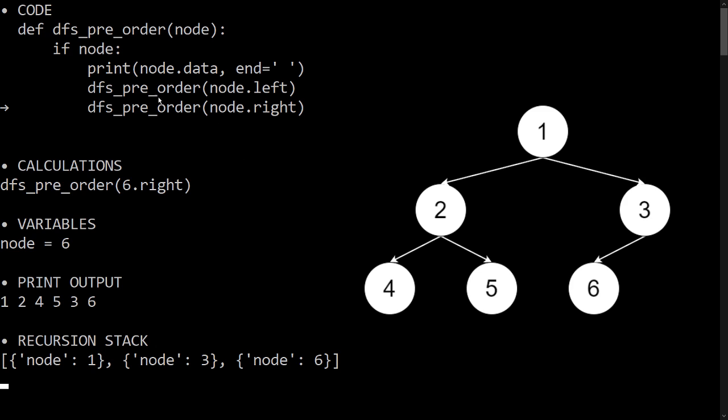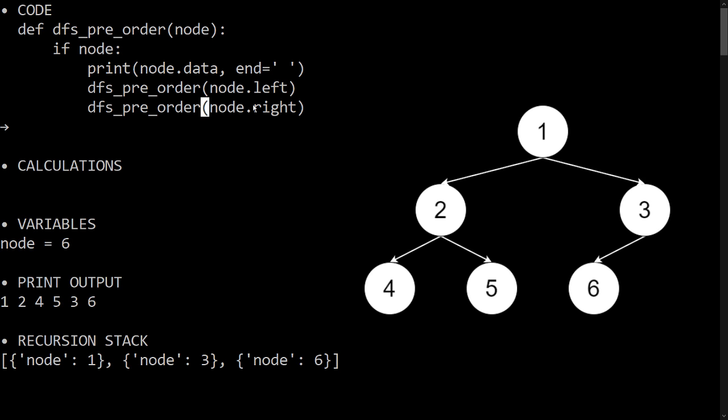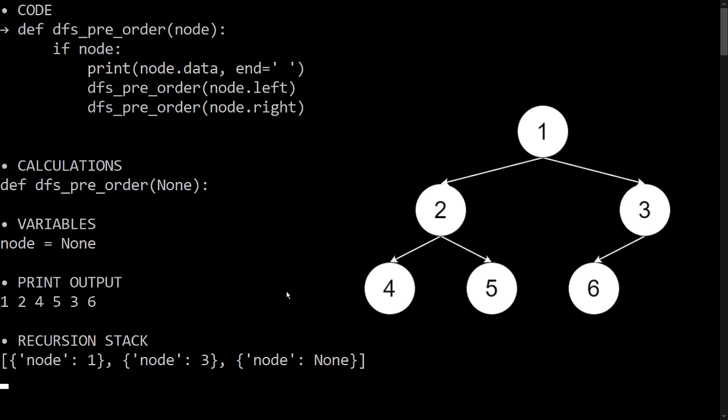For node 6, this call was done right now, so it calls its right subtree, which is also none. So the if condition becomes false, it again returns back to its caller, that is node 6. For node 6 also, all these three statements have been executed, so it returns back to its caller. For node 3, the left subtree has been traversed, so it calls its right subtree, that is 3 dot right. Node 3 does not have any right child, so again a none value is passed. So this if condition becomes false,